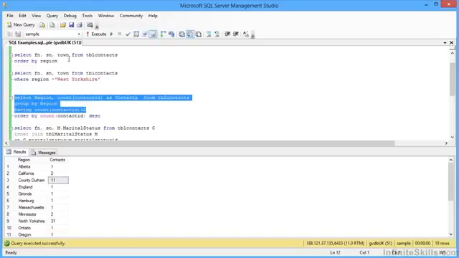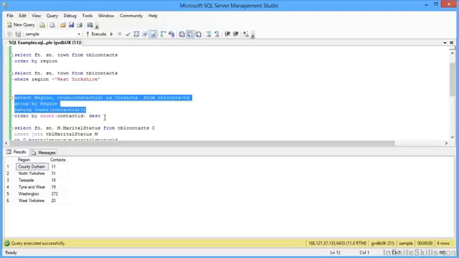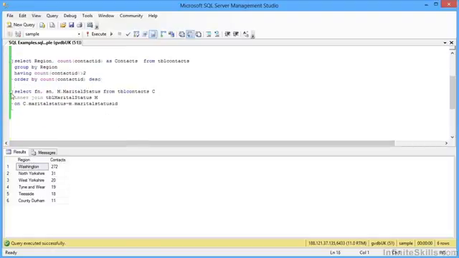We add in the extra clause. Now we only see regions where the contact count is greater than 2. And then we can even order by contact count descending. So the region with the most contacts at the top and the least, but still greater than 2, is at the bottom. And then I've even added a link example here, selecting field names from contacts in a join marital